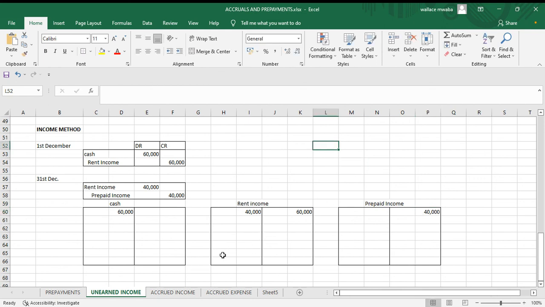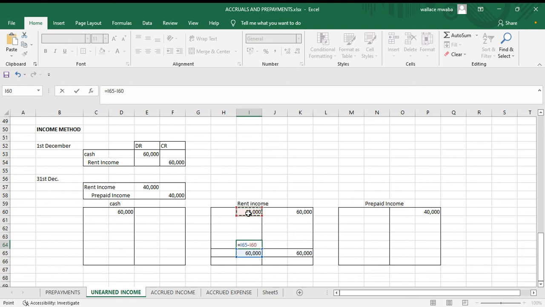So we close our accounts. Let's start with the rent income. This is a revenue account, so we're going to put the highest amount, 60,000, since 60 is greater than 40,000. So our balance carried down represents the amount we have earned, and we're going to credit this to the profit or loss account, okay? And our prepaid income, which is our liability, we're going to find it in our balance sheet. This is a liability,